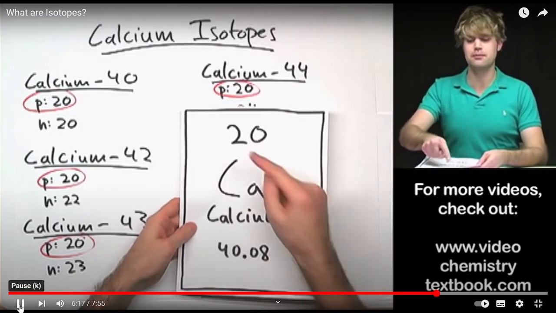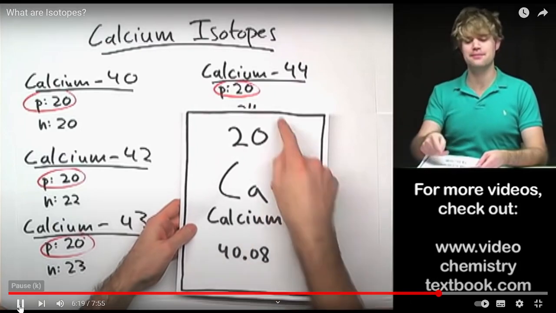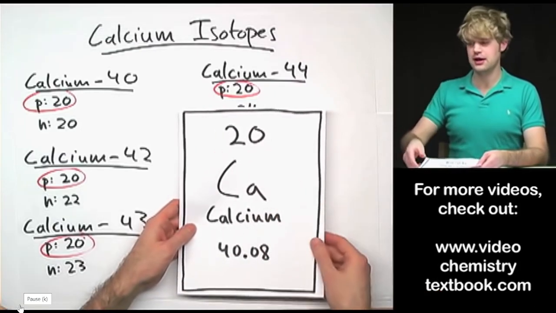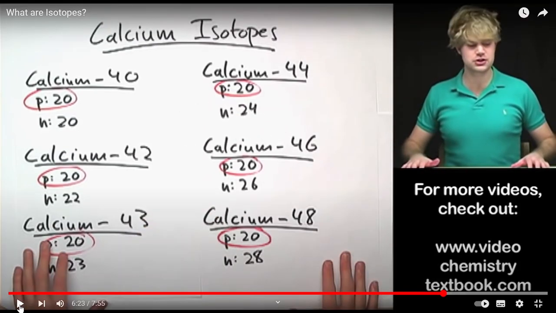It has an atomic number of 20, which means that any atom that has 20 protons in its nucleus is calcium. But just so, what is the mass number for calcium here, where it has 20 protons and 24 neutrons? 44. How do you get that? You add